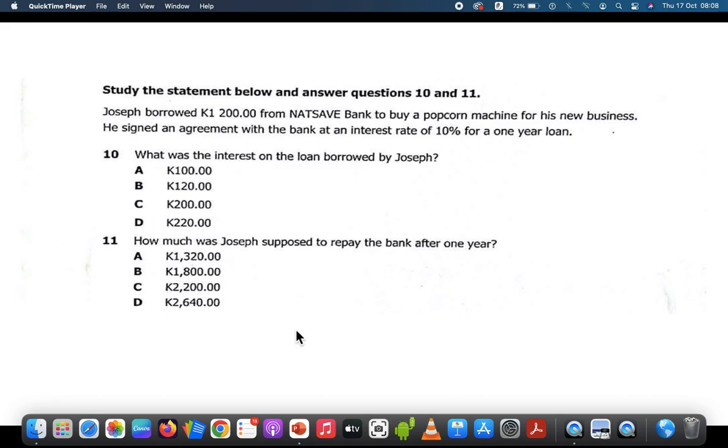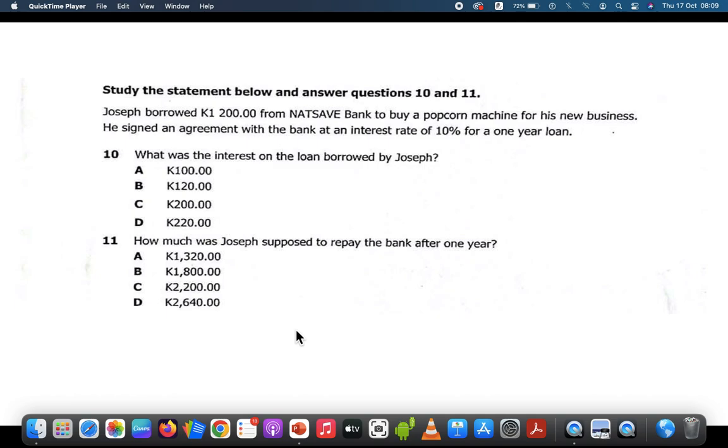Our discussion today will be on simple interest, how to calculate simple interest and compound interest, and also defining some terms such as principal, interest rate, and time. So let's get started. The first question is coming from